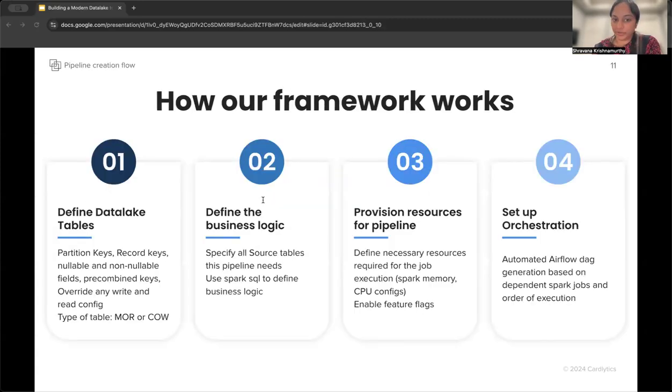Okay, next I'll go into how our framework works. There are different stages to our framework, and I'll start with the first step. The first step is to define the structure of our data lake tables, right? This includes defining the table type, setting up the partition keys, record keys, ensuring we correctly define what's nullable, what's not nullable. We also set the pre-combined key, to ensure the record uniqueness and decide on the table type, right? Whether you want it to be a COW table or a MOR table, depending on our latency requirements